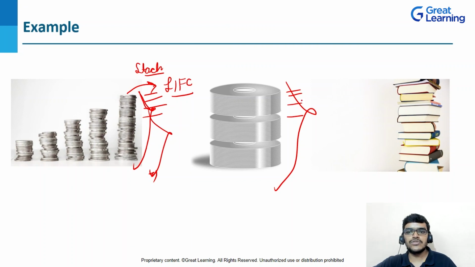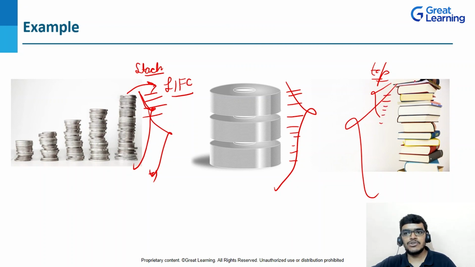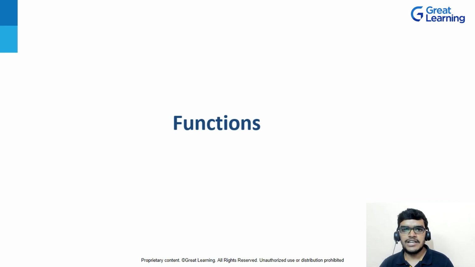Similarly, the same example goes for the DVD. If I am removing one DVD after another, then this can be an example of stack. So the DVD which was inserted last will be removed first. The same goes for books. The book which is on the top will be removed first, and after that if I am going one by one from the top, you can see that the last book that was kept will be removed first, and in this way these can be examples of stack. So this was the basic example of stack. Now let's see some functions associated with stack.